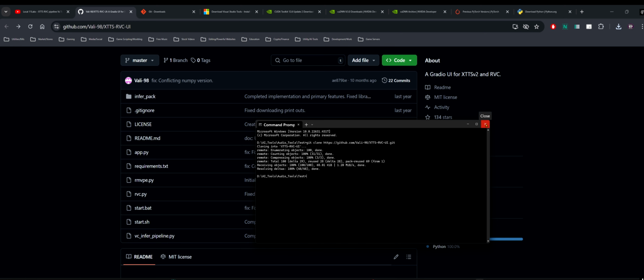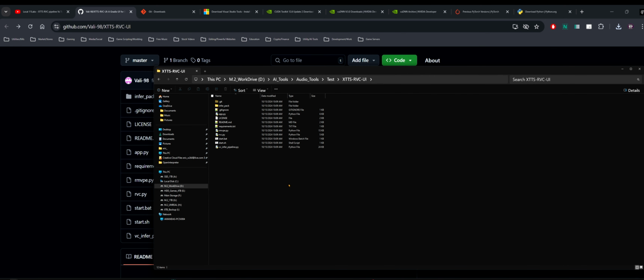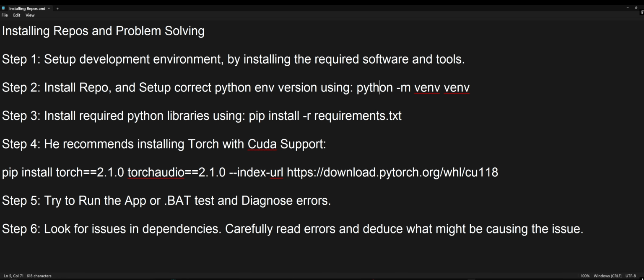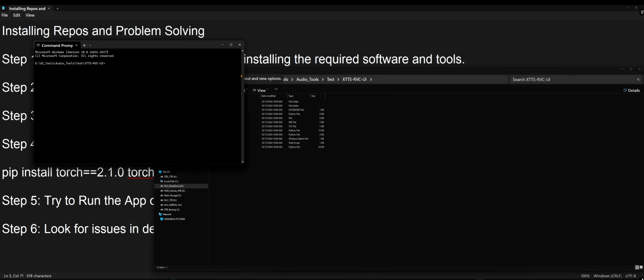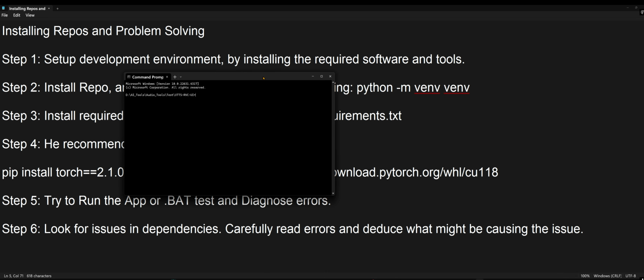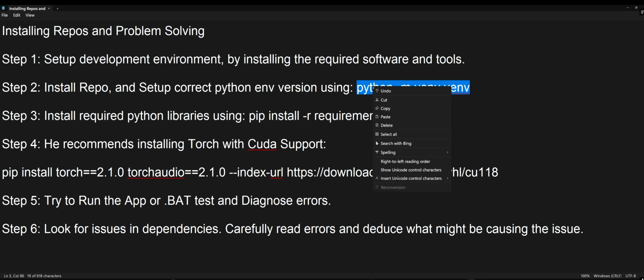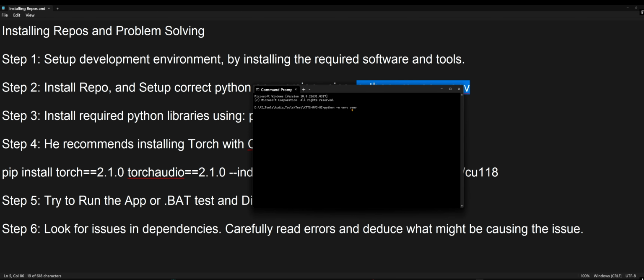Now, after we've done all that, we're going to go back into the XTTS RVC UI folder, and we're going to set up the environment. So that's the next step. So basically what you want to do is when you're inside this folder, you're going to open it up in command prompt like this. And if you only installed the version Python 3.9, then all you need to do is enter this command into your console, and if you press enter, it will automatically create the environment for you for Python 3.9, and the name of the environment folder will be this right here,